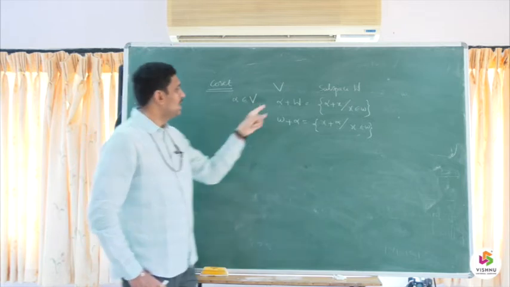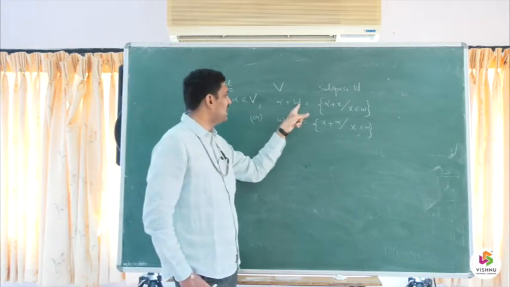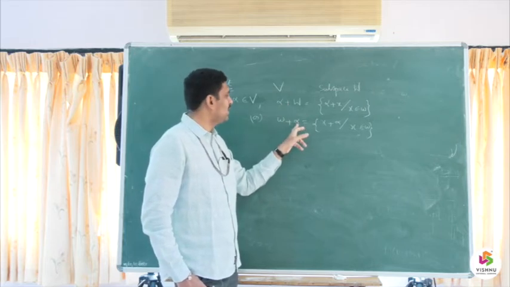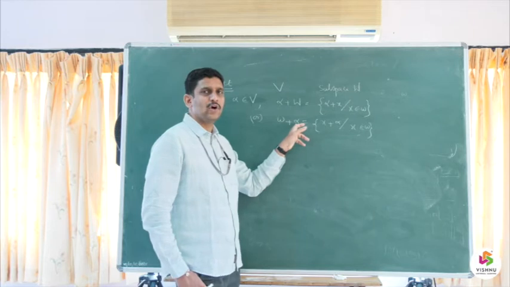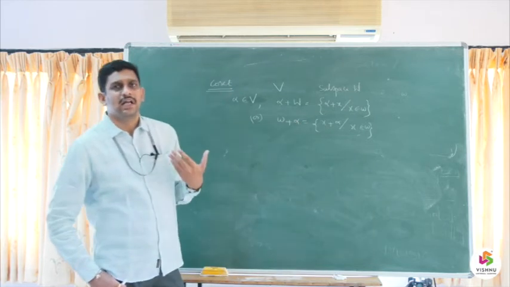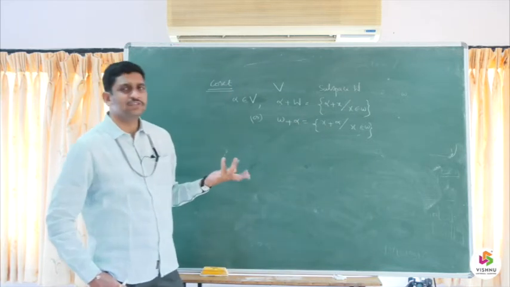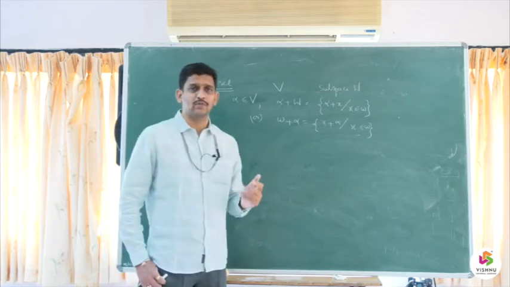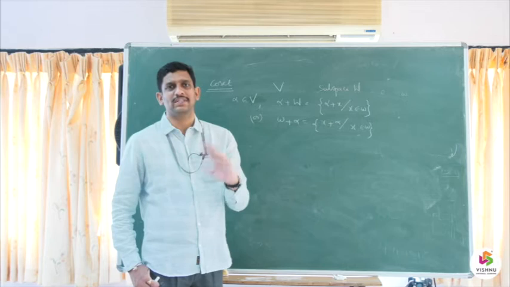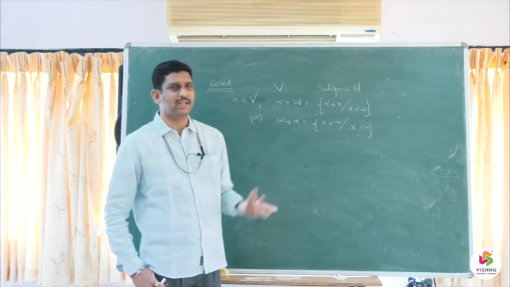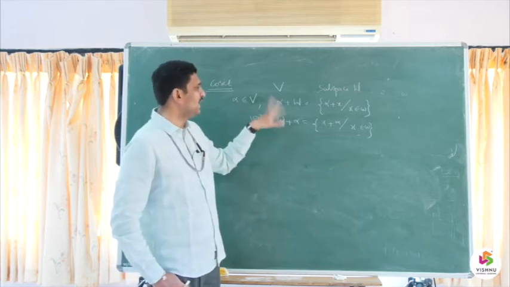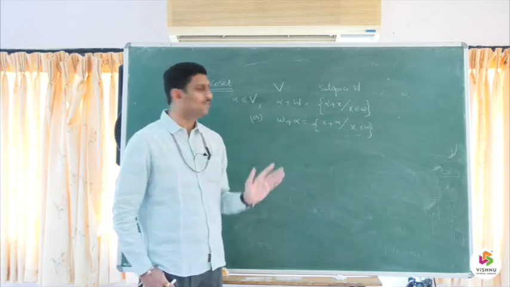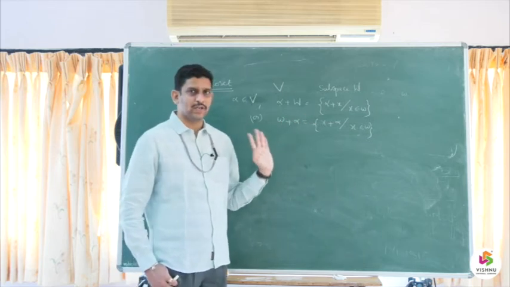Here alpha is written to the left hand side of W, so we call it the left coset. Here alpha is written to the right hand side of W, we call it the right coset. However, the distinction between these two is not important, because since (V, +) is an abelian group, left coset and right coset are both the same. So there is no need to think about them separately. You can represent either form, alpha plus W or W plus alpha. Whatever you take, it is okay.